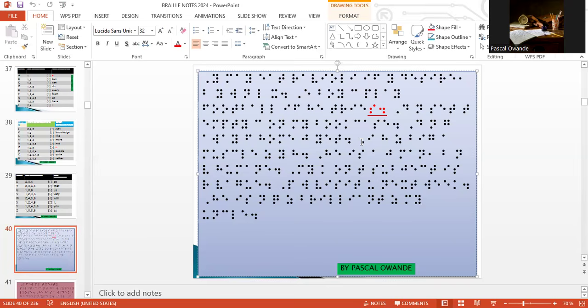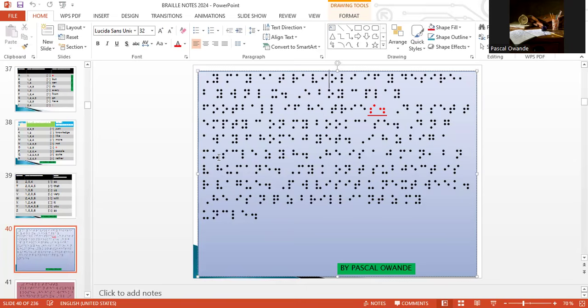Then we have dot 6 to indicate that the first letter is again capitalized. So that is letter I. So I, letter H, I have. Then letter Z for us of AS. So we say I have as BIG, letter B, letter I, letter G. I have as big a,